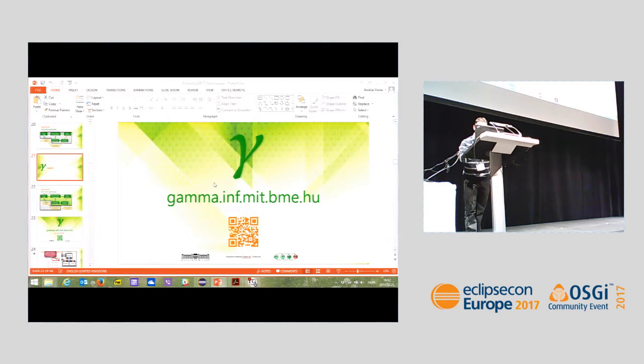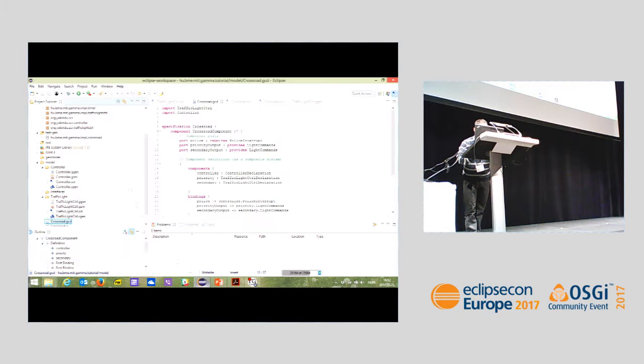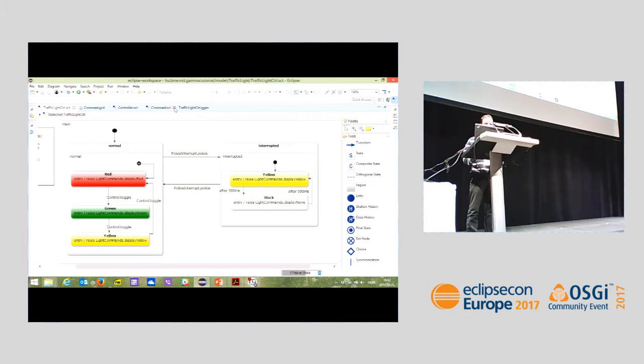I will show you how it works. Here you can use the own code generator of Yakindu to generate the code from the state chart models. So we have the traffic light and the controller.